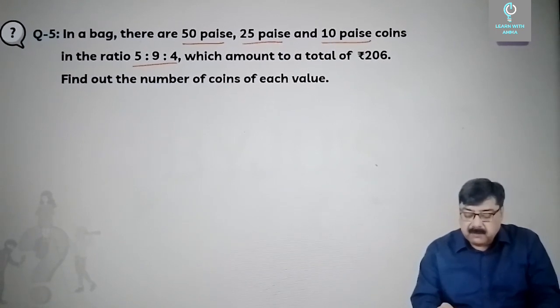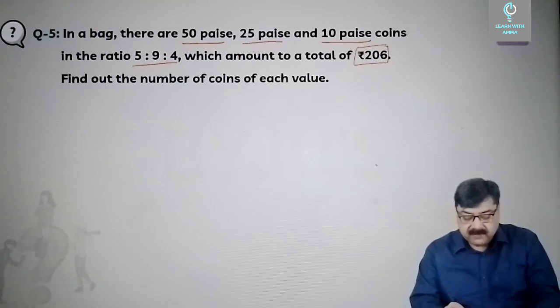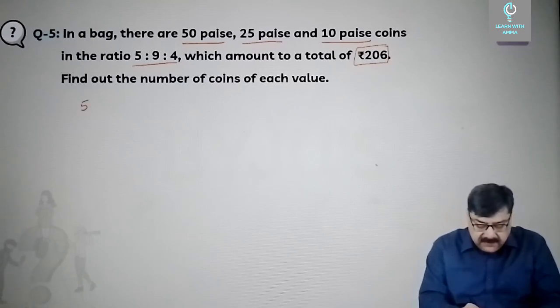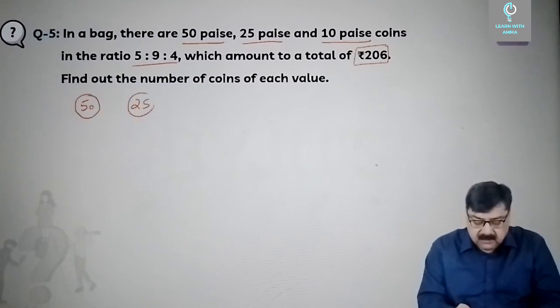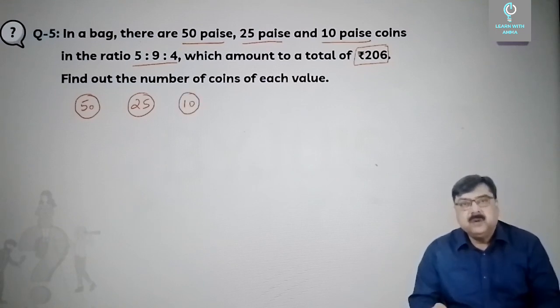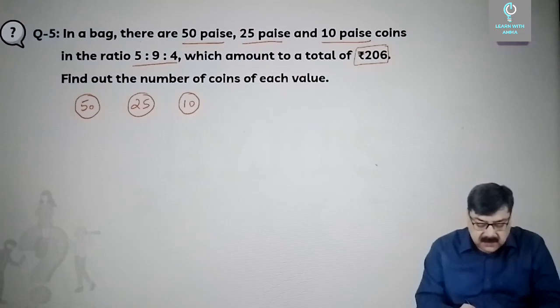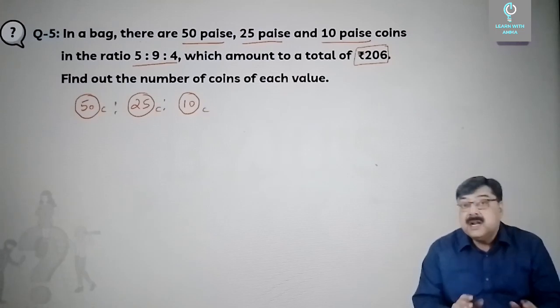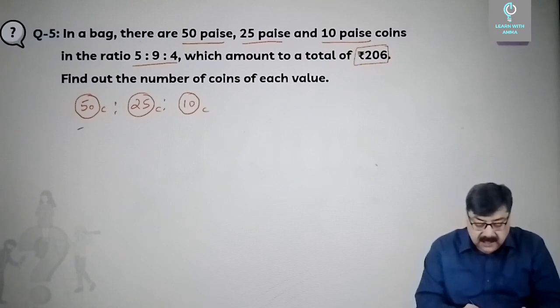Now which amount to a total of rupees 206. Find out the number of coins of each value. Alright, so you have a 50 paisa coin and then a 25 paisa coin, although it is all obsolete now, but still the question was framed in that particular age. So these coins, the ratio between the number of coins is